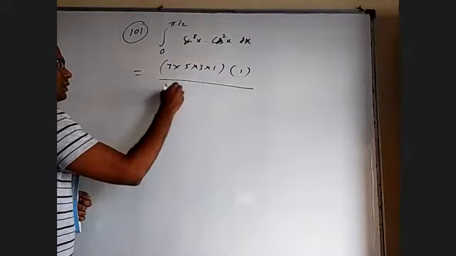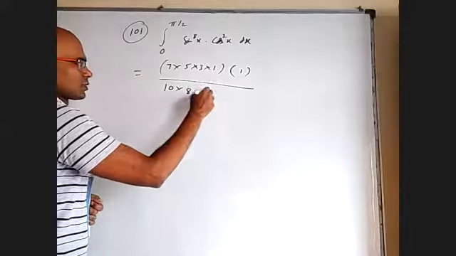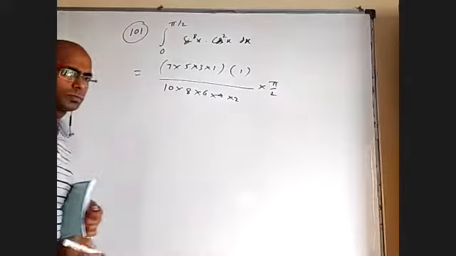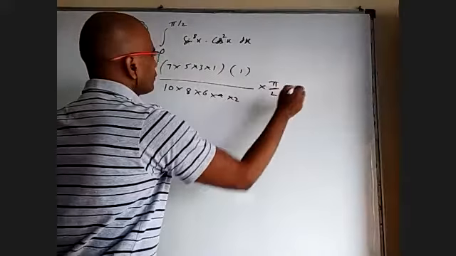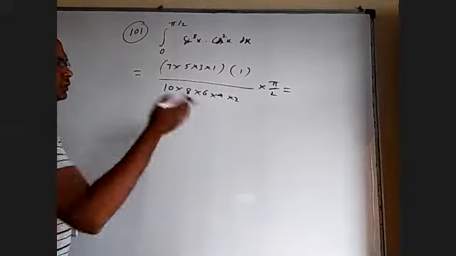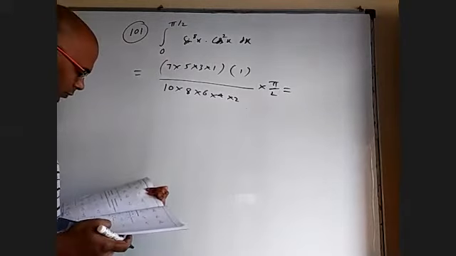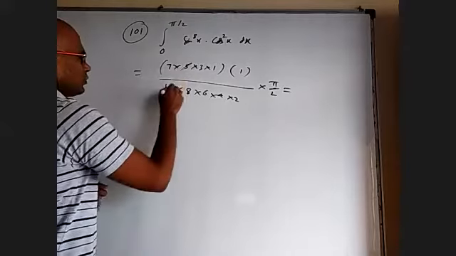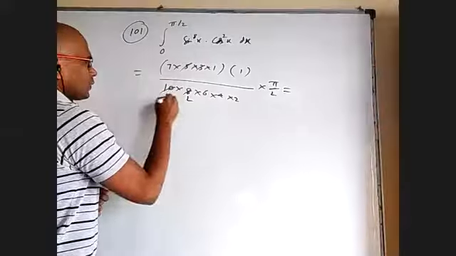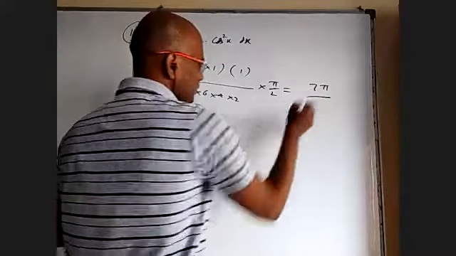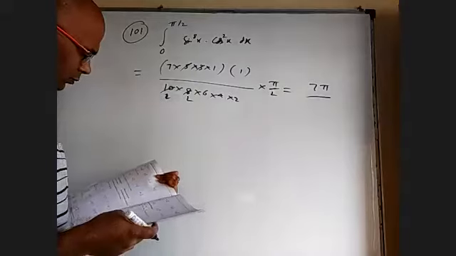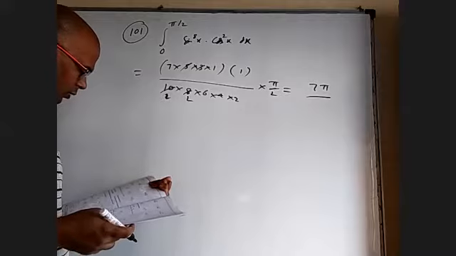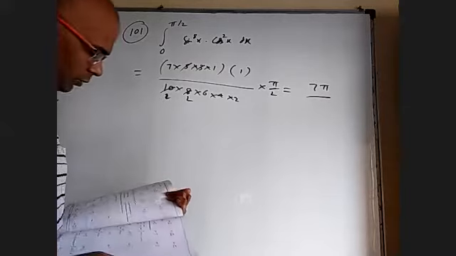8 plus 2 is 10, and keep on decreasing, which is 8, 6, 4 and 2. Because both are even, I have to write pi by 2. That's it. I think they want us to simplify. Nothing in the denominator, something can cancel. 5 2s are 3 2s are. So it should be 7 pi by something. 7 by 512 pi. But yes, their answer is 7 pi by 512.